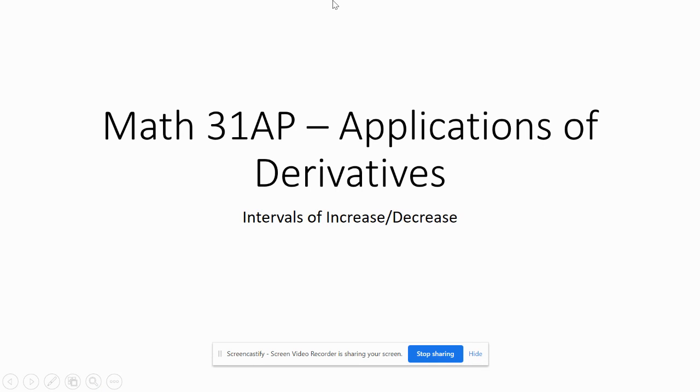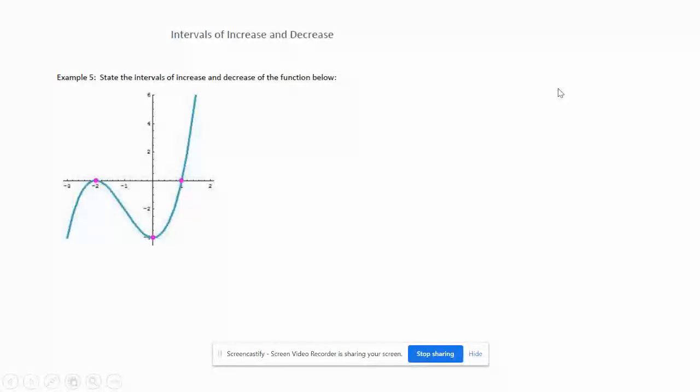Welcome back, guys. All right, so we're moving through our Math 31 curve sketching unit. The topic we're doing is called intervals of increase and decrease. So what we mean by intervals of increase and decrease is if you look at a function